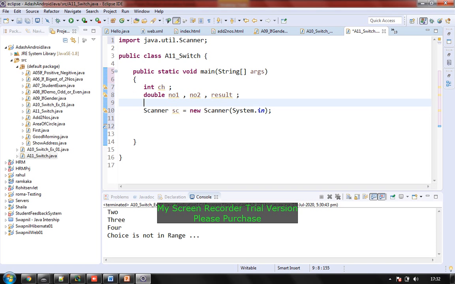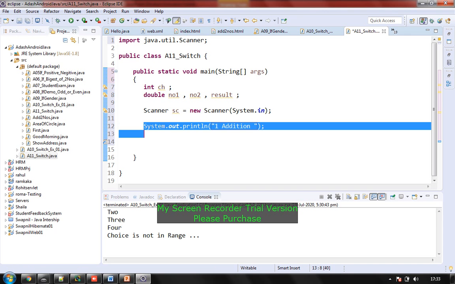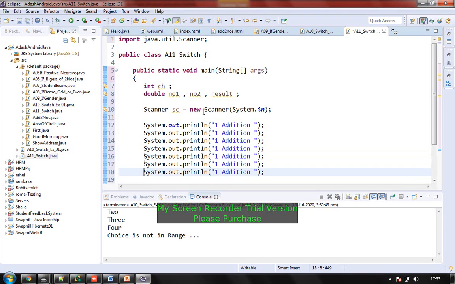Fine. So what I do, I do a very simple thing. I define the choices with System.out. In this I define choices: choice 1 is addition, and then I copy them all. So I require 4-5 options.